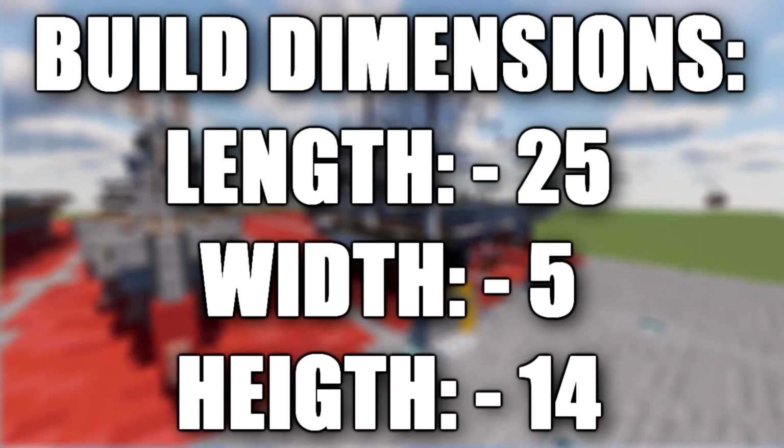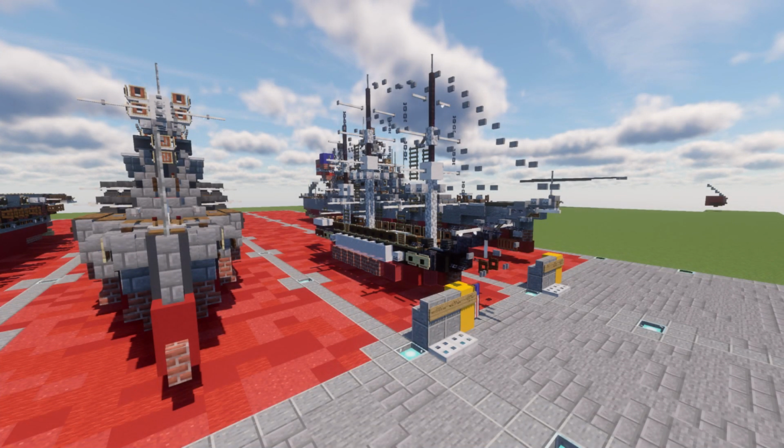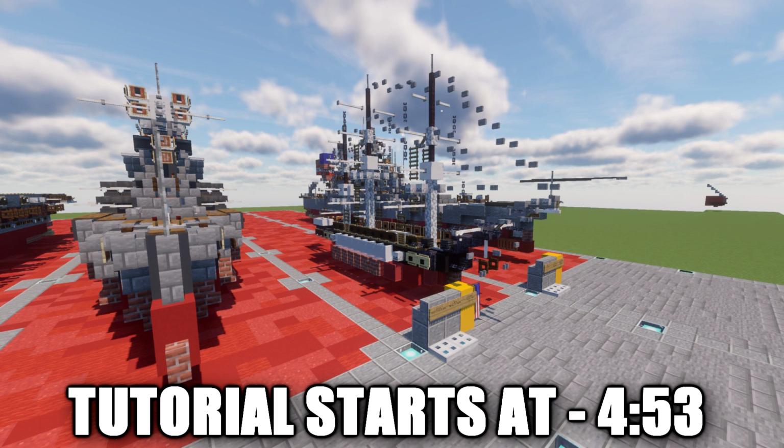In this tutorial we'll be going ahead and building the USS Constitution. The USS Constitution, also known as Old Ironsides, is a wooden-hulled, three-masted heavy frigate of the United States Navy. She is the world's oldest ship of any type still afloat. She was launched in 1797, one of the 6 original frigates authorized for construction by the Naval Act of 1794,